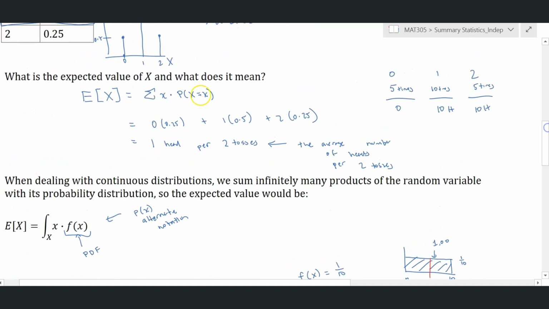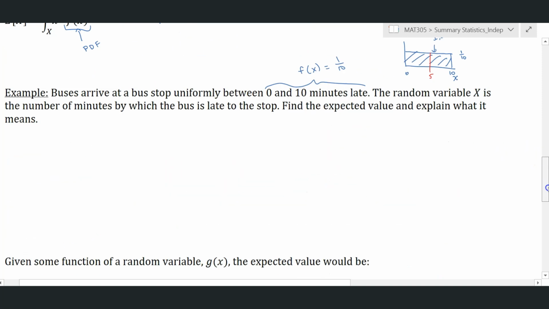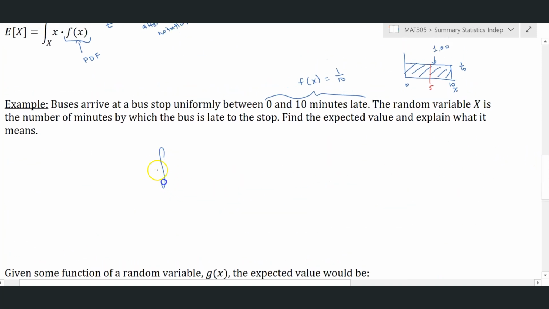we can't actually plug in the numerical values for x like we did here, here, and here, because there are infinitely many of them. So symbolically, the way we do that is we say the expected value of x will be the integral across the entire probability distribution. Well, that'll be from 0 to 10. So that integral will regulate the value of little x, and then it will also regulate the probability density function, like so. And so now we could take the integral from 0 to 10 of x times 1/10, which is 1/10 x,